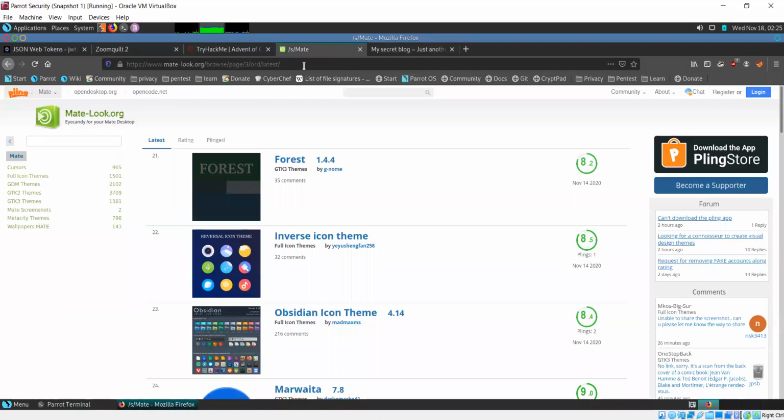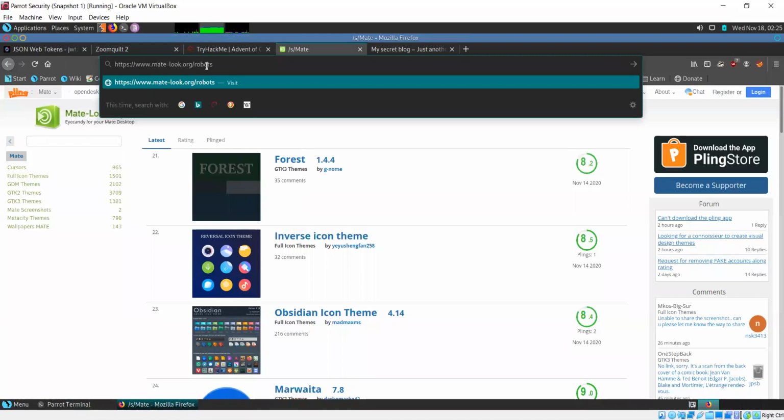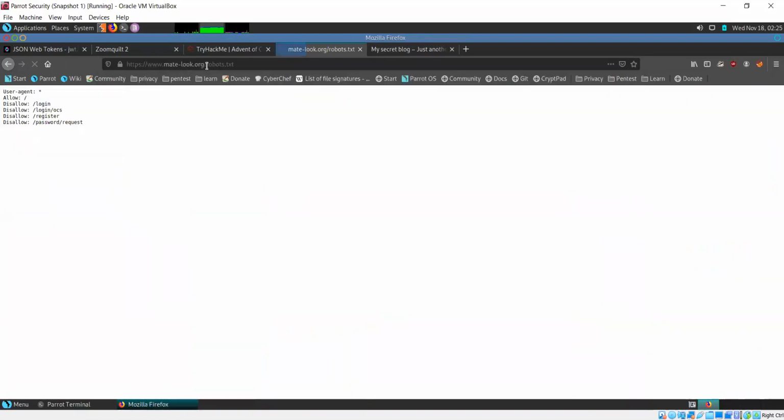Okay, let me just go to the website for, let's say, this domain. Okay, so this is a robots.txt file. This is what it looks like. Now, Google and a lot of other websites use automated crawlers which go to websites, and whatever web pages they find, they add them to their index. So that's how Google builds up its database. And of course, other search engines use the same kind of thing.